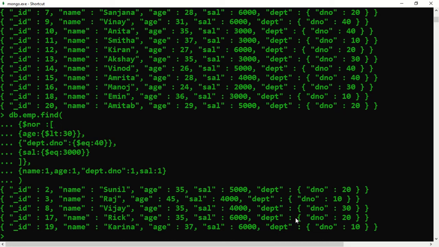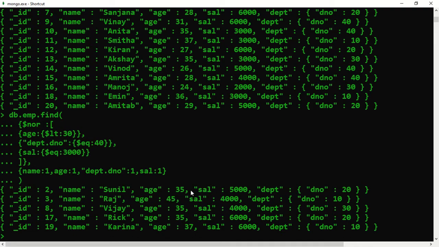Now let's take one more. Here the department number is 30, where the condition says 40. Again the salary is 4000 and the age is 35, correct? The opposite of age less than 30 is greater than 30 in this case.